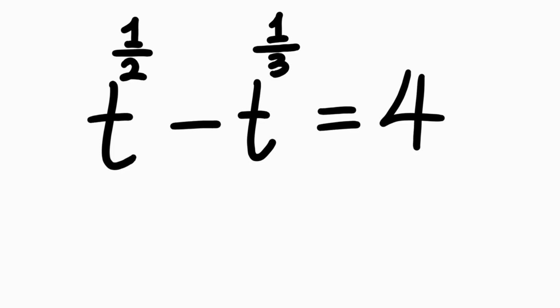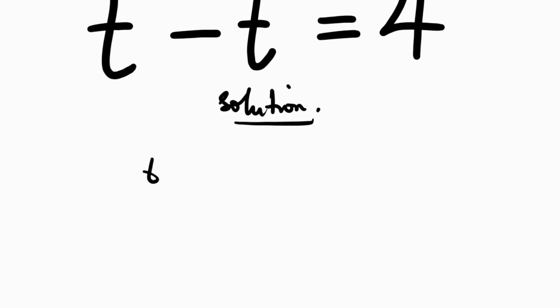We have an exponent math problem on the board. Let us go ahead and solve for the value of t. Solution. So we have t raised to the power 1/2 minus t raised to the power 1/3 equals